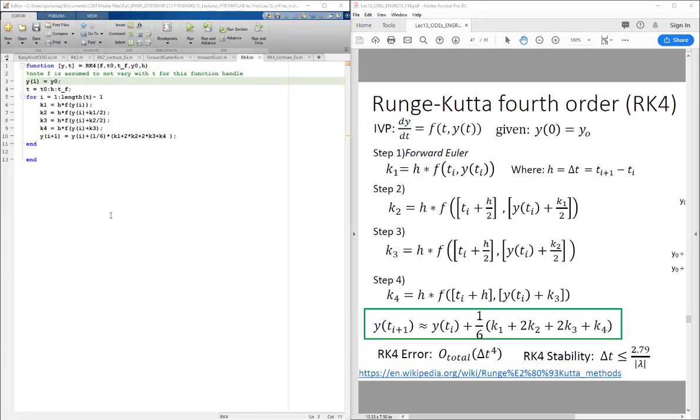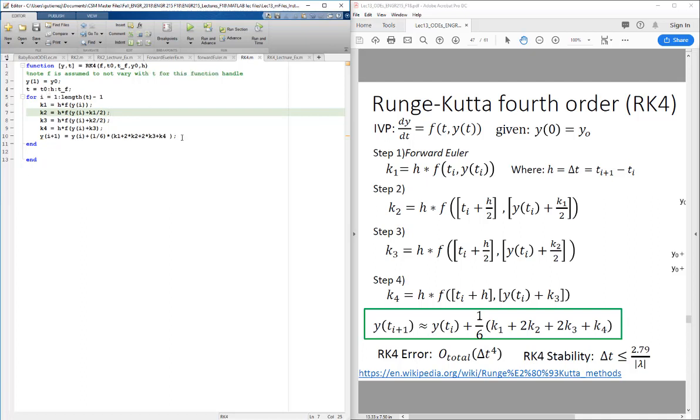So I'd like to show you how to implement Runge-Kutta 4 in MATLAB. In order to do this, we'll say y1 is equal to y0. That's the initial value passed in here. And note, with all of these, we're assuming these function handles do not vary with t. If that was the case, I would need a t term here when I evaluate this function. But we'll let t vary from t0 to t final, and we'll step by the given step size that the